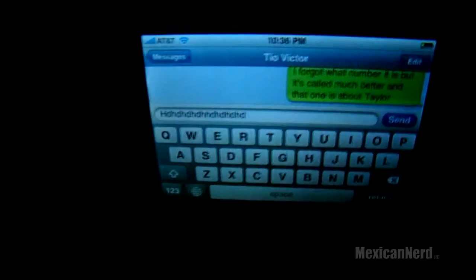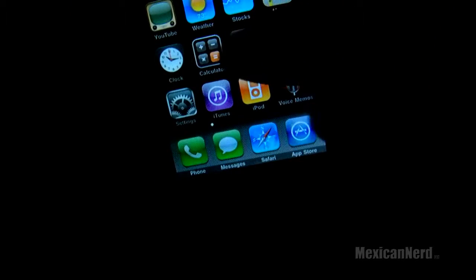You also have landscape keyboard over SMS, over notes,